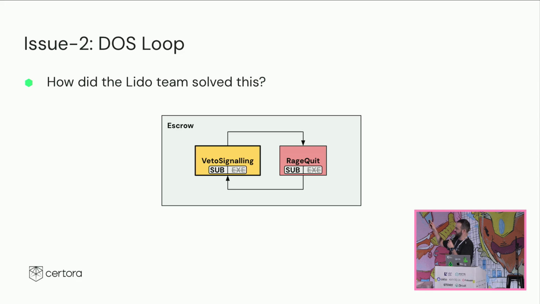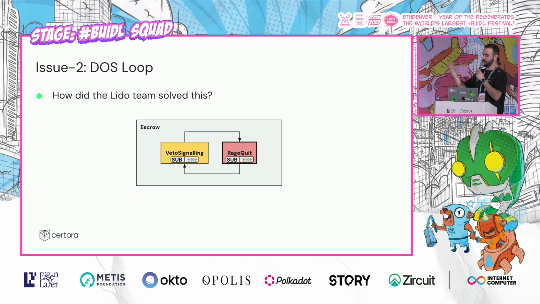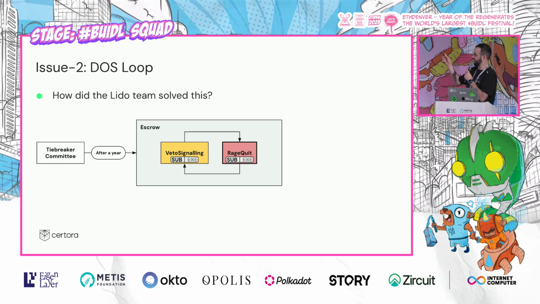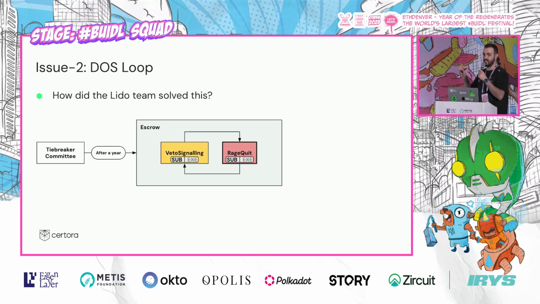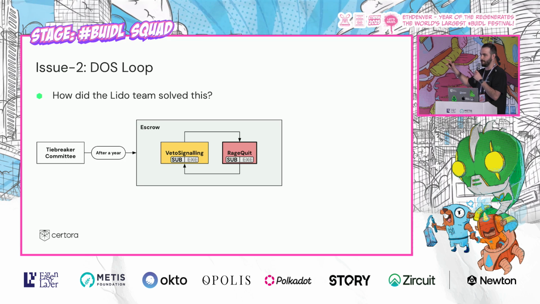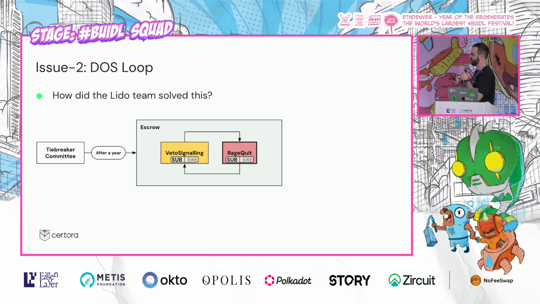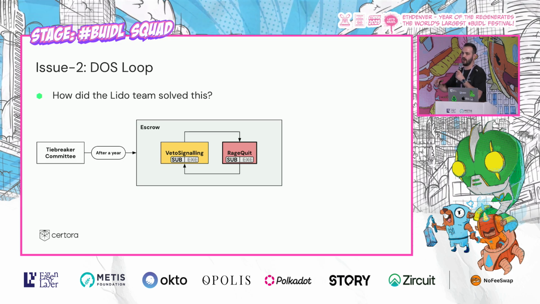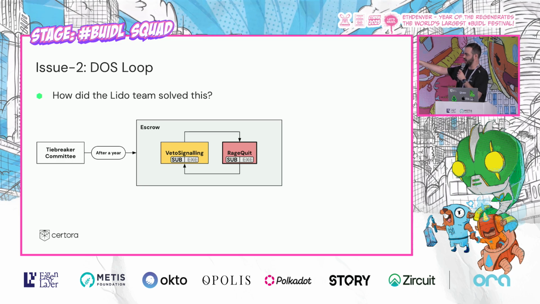If we have this loop of veto signaling, rage quit, veto signaling, rage quit, veto signaling, rage quit, and throughout the entire year we have no execution state, which means only those 2 states, veto signaling and rage quit, no normal state, no veto cooldown, then once a year we can call the tiebreaker committee through a multisig, which is not related to the DAO. We allow it to have some power, but only on strict conditions: only once a year, only if there were no other options to execute, and only then we allow it to execute something the DAO already approved. So it's a very weak component, but it's still enough to save us from being stuck forever.